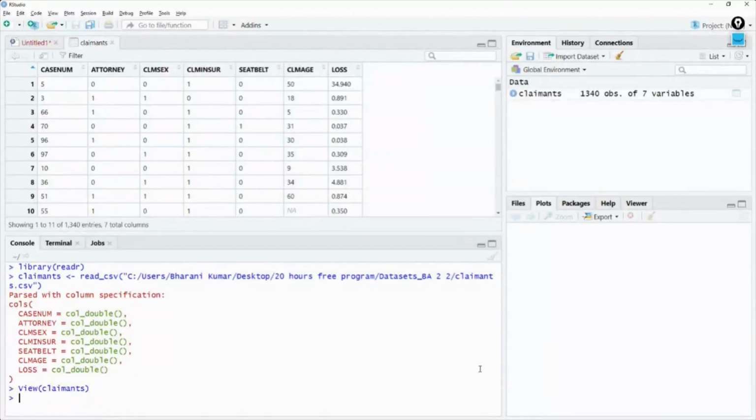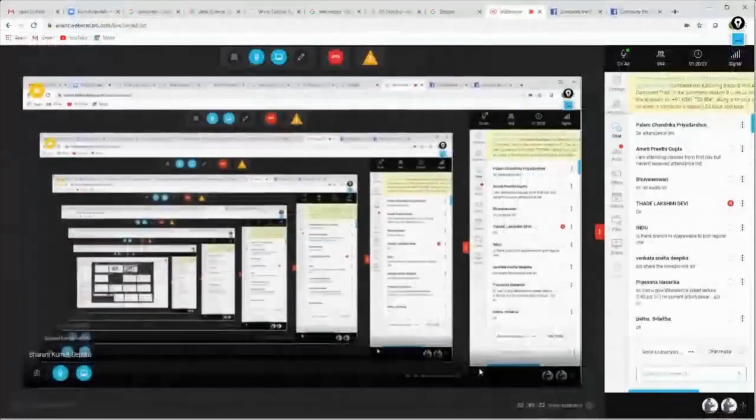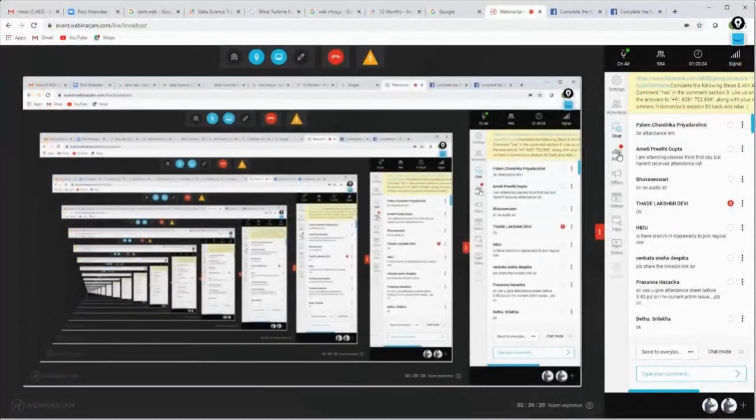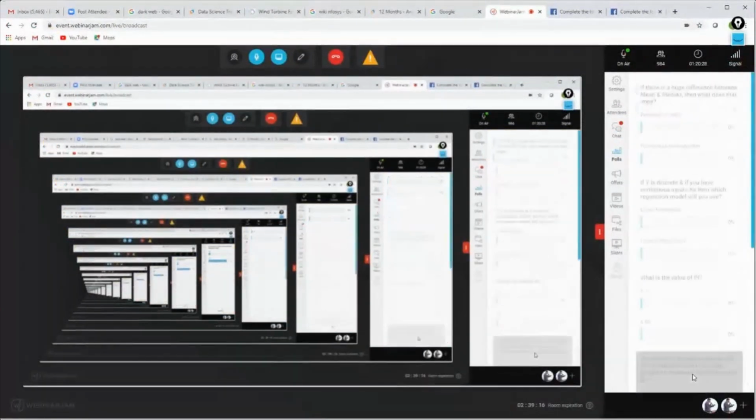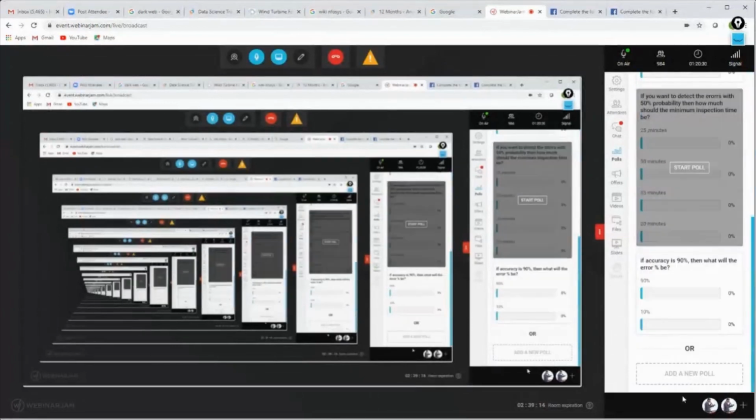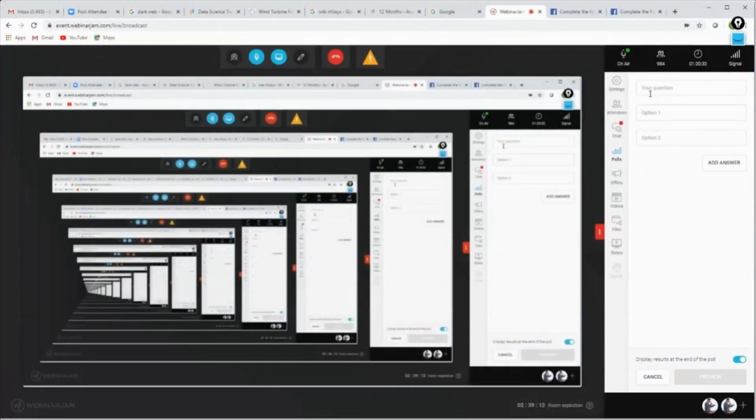Okay. Even before that, just a warm up in terms of a poll question. So let me ask that question here. Question coming your way. Okay. Data mining, supervised learning is also called as